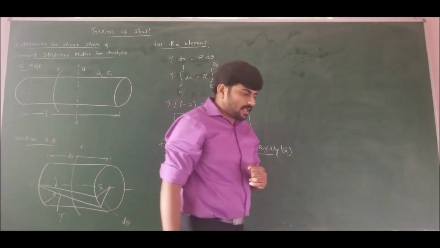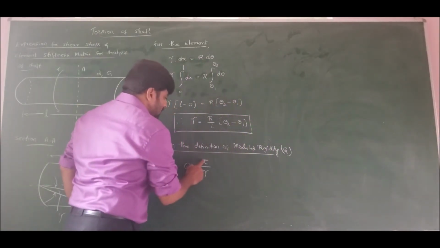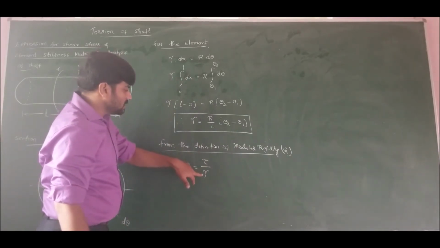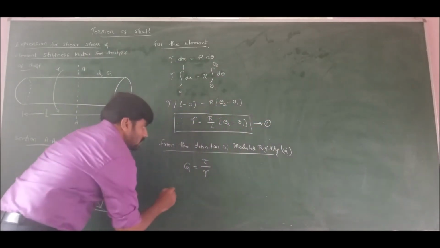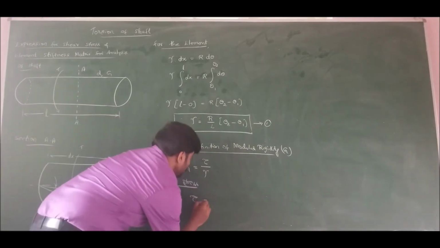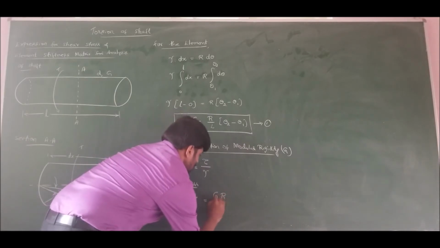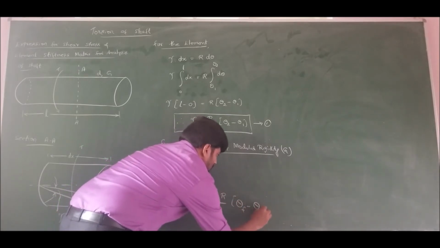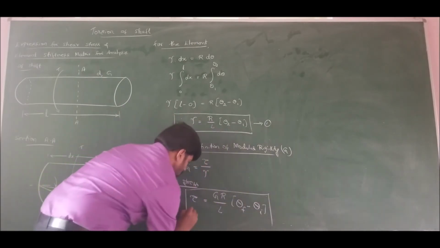Assuming the prismatic bar is an isotropic material, I can write within the elastic limit the rigidity modulus as shear stress divided by shear strain. Therefore, substituting the value of shear strain from equation number 1, I will get the formula for shear stress as tau equal to G into R divided by L into theta final node minus theta initial node in general. Let us take this as equation number 2.